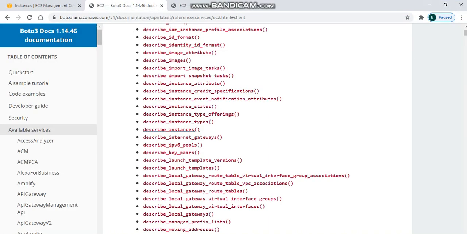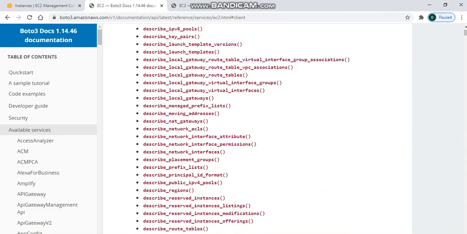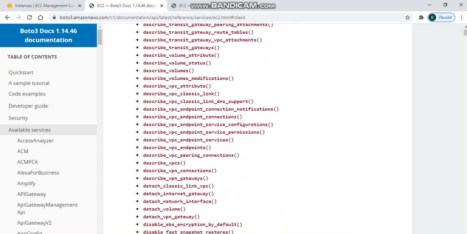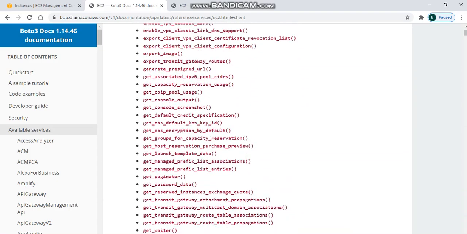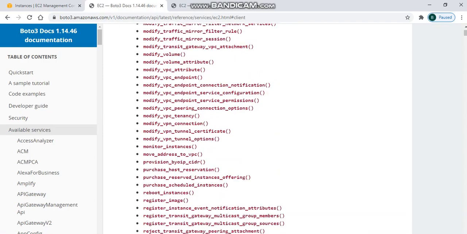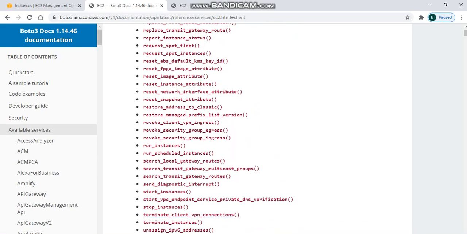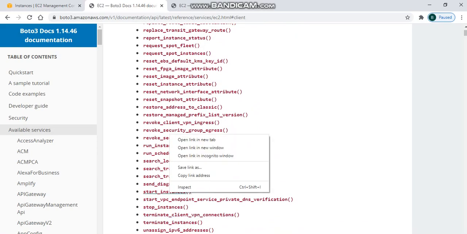So for that, let me go through this documentation. Is there any method available for starting an instance? Let me go through this documentation. So somewhere we have start instances, right? Let me open this method.